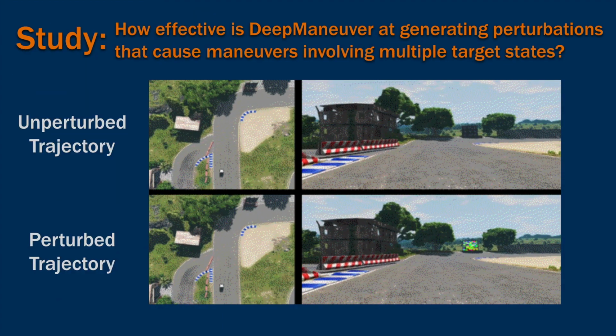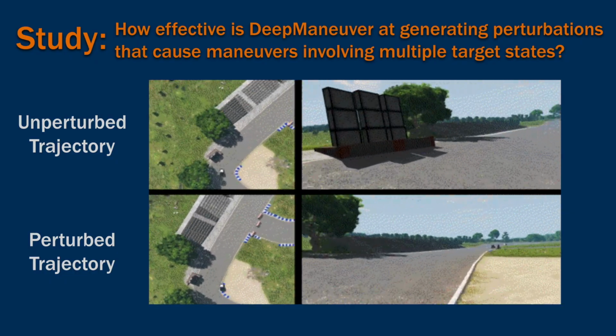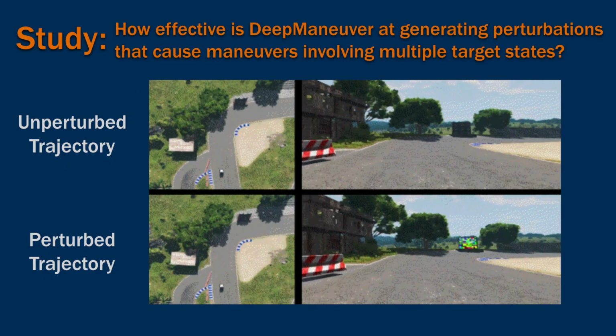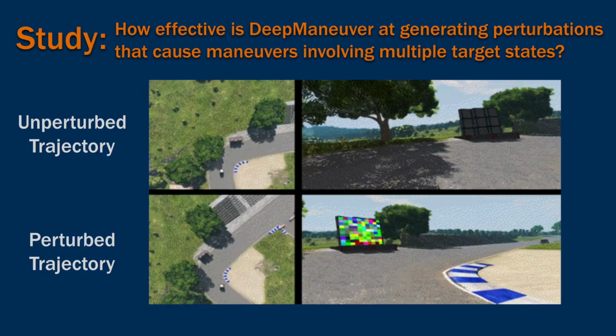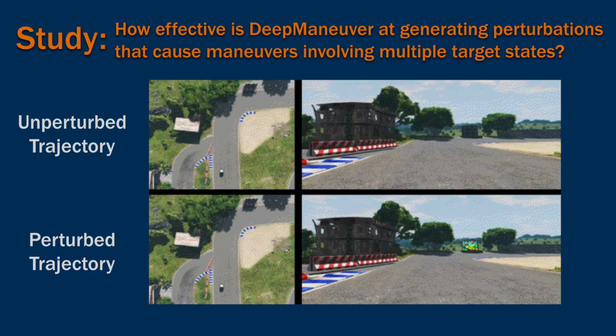The other bonus of state-adaptive perturbations is you can change the effect of the perturbation based on the state of the vehicle. So here the car is made to drive towards a specific waypoint in order to cut the corner, a racing tactic, rather than drive in the center of the road, which is the standard driving behavior for which the DNN was designed.